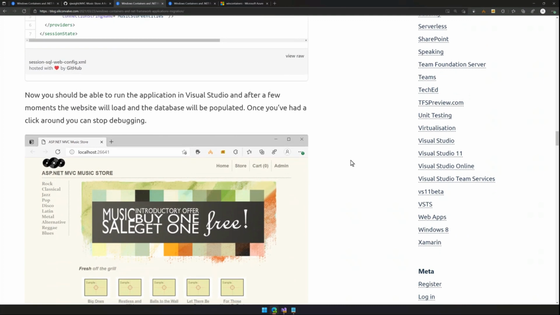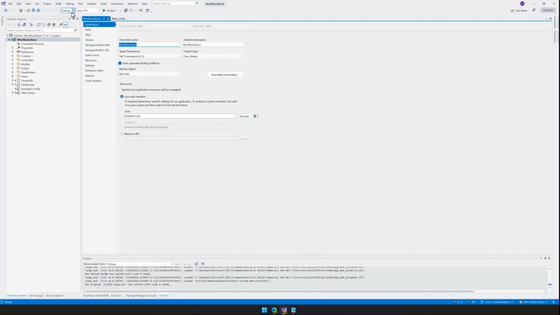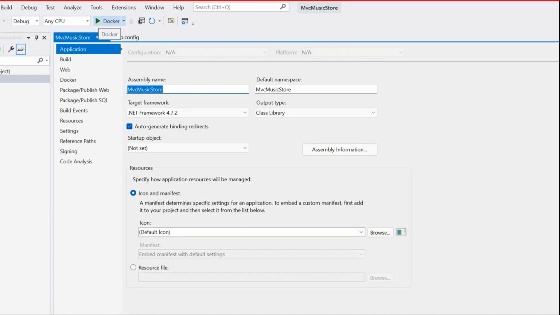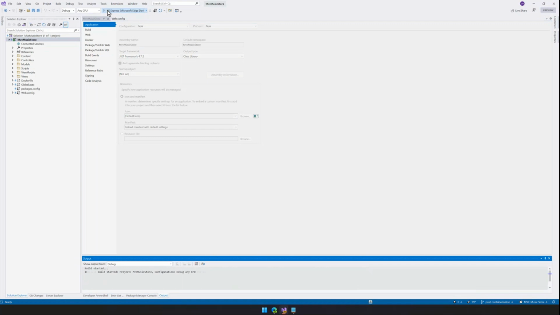And then when I ran the application, huzzah, I got the MVC demo app up and running. So let me go ahead and do that. What I'm going to do is, you'll see at the moment up here, hopefully this will zoom in, I've got Docker selected. What I'm actually going to do is change that to IIS Express. So at this point, all it's going to do is spin up and run locally on my machine. So this would be like I have no Docker tooling installed at all. So fingers crossed my machine doesn't crash and this works as expected.